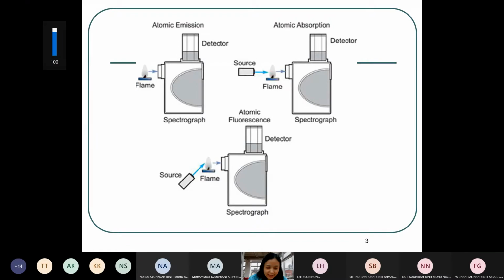Okay, so let me give you a quick briefing before we continue with our tutorial 1 answers discussion, right? As you can see from this screen, this is the summary of what we have learned for atomic spectroscopic techniques. So can students tell me what are the 3 important components in these important topics, atomic spectroscopy? What are the 3 important components that you can see from this slide? Give me some feedback.